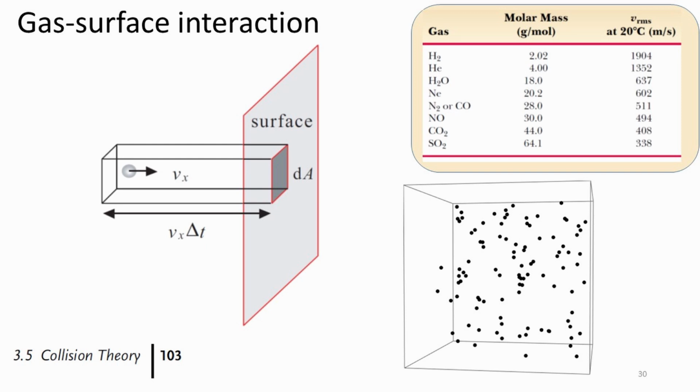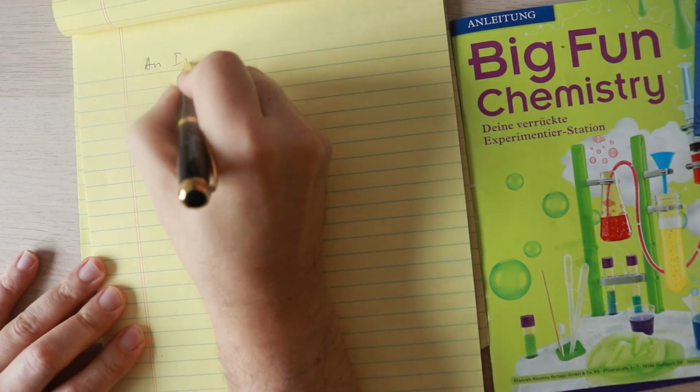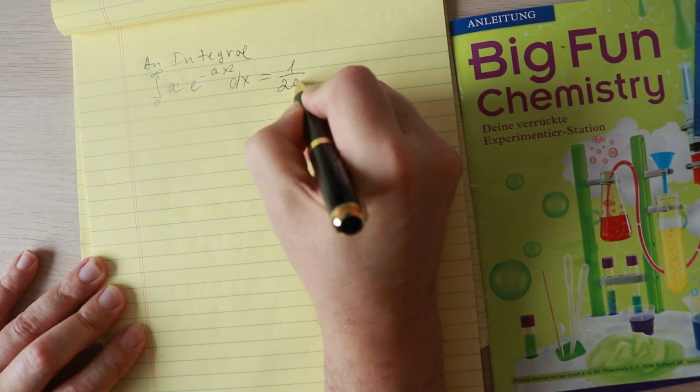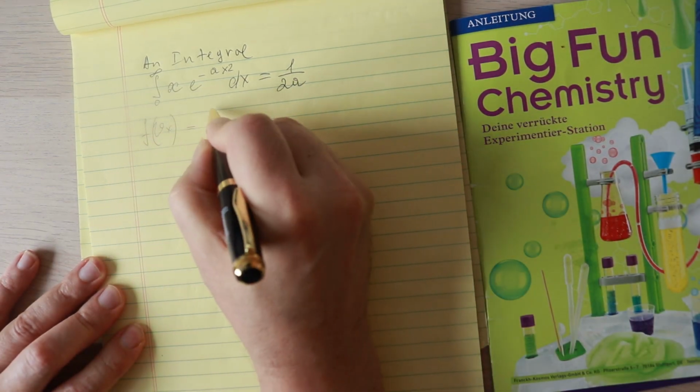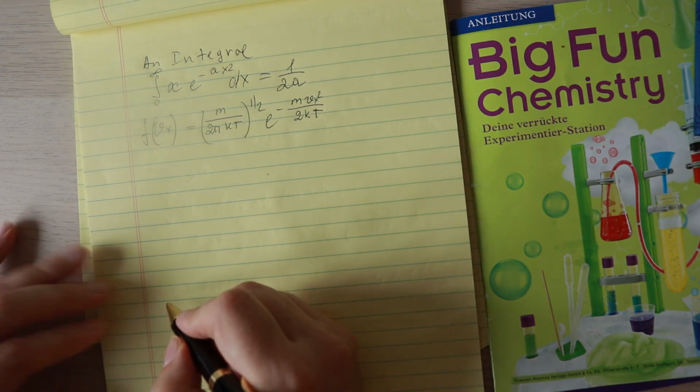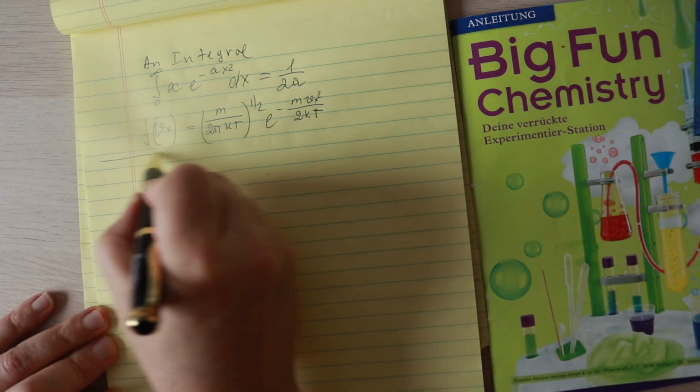The average number of collisions against the surface during the time delta t is equal to the average number of molecules in the volume A Vx delta t multiplied by the probability density of this velocity. Average number of impacts against the surface A equals